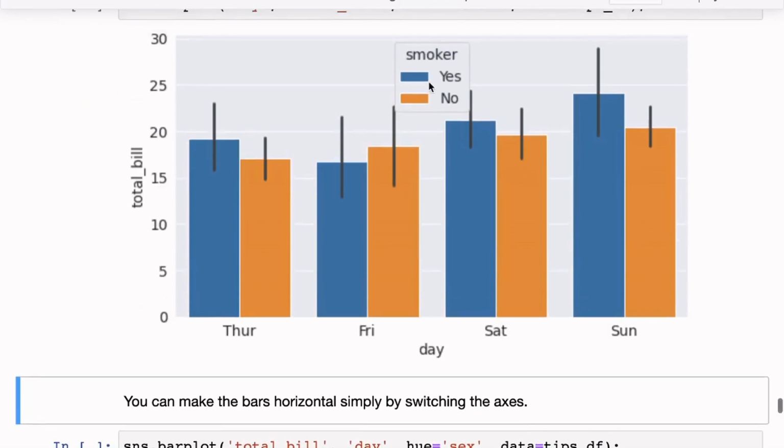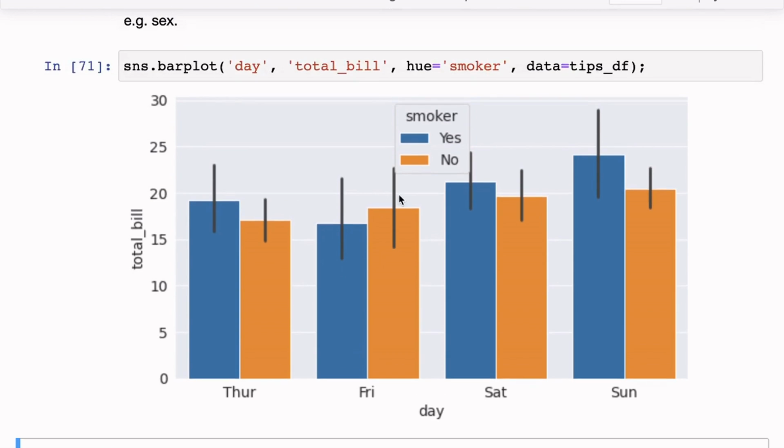So if a person is a smoker, it seems like on average their bill is higher, but then there seems to be a lot of variation. So I'm not sure if we can make that inference very confidently, but that seems to be true on average, except again Friday seems to be an exception, right? So the correlation between total bill and smoker is not as high as the correlation between the average total bill and